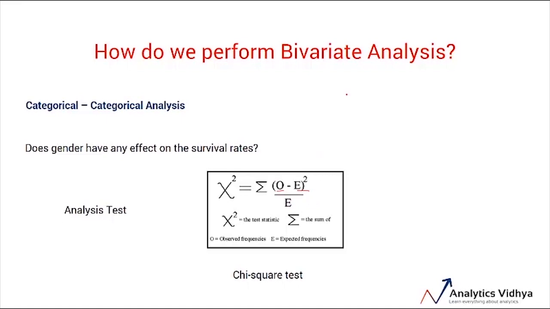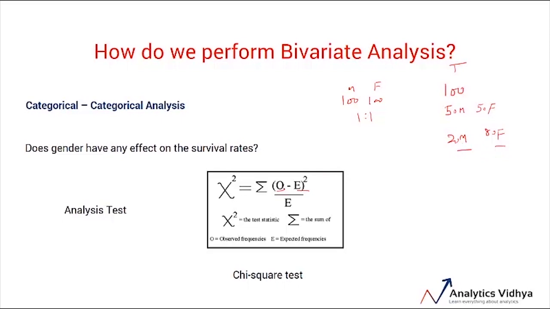So for example, if there were 100 males and 100 females on board Titanic, and only 100 people survived. Since there are equal numbers of males and females on board with the ratio of 1:1, in the ideal case, the number of people who survived should be equal. So there should be 50 males that survived and 50 females that survived. Instead, if what we observe is 20 males that survived and 80 females that survived, it suggests that the observed and the expected values are very different, and the survival rates of males and females are very different.